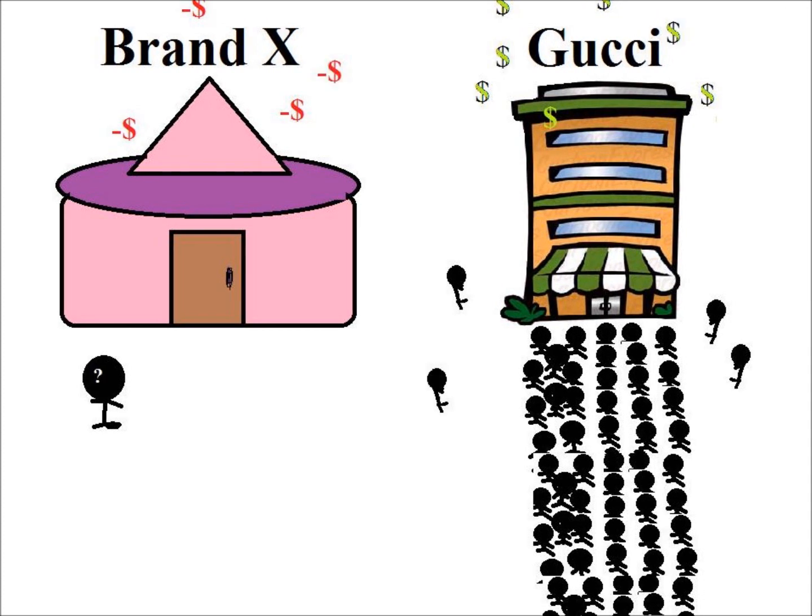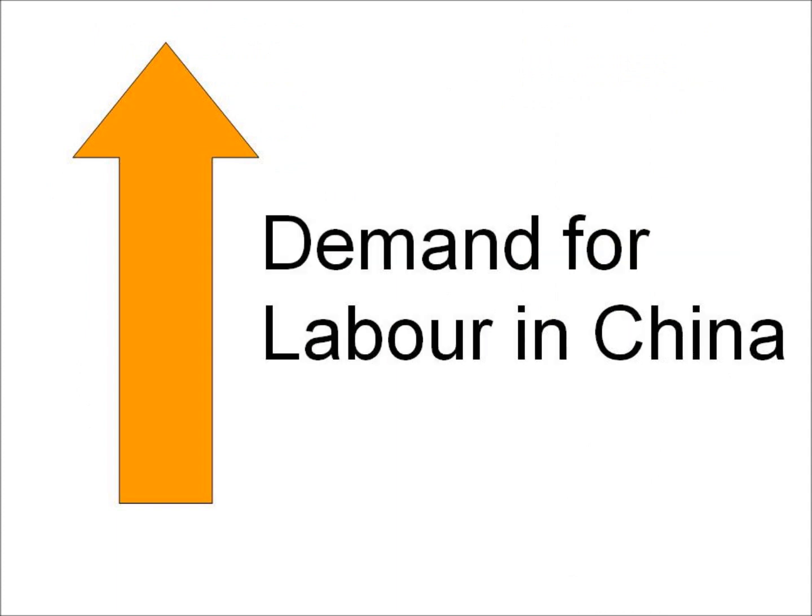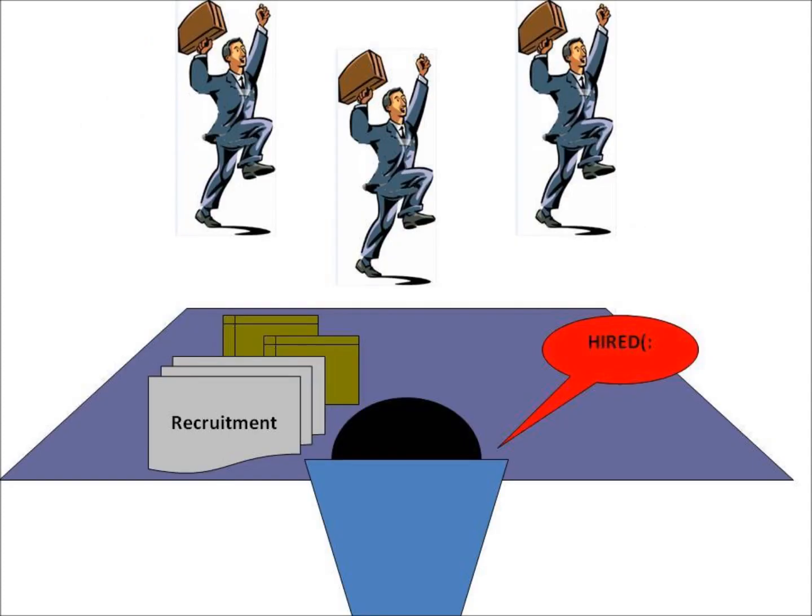With an increase in demand, there is a need for more American workers to produce more luxury goods to supply to China, hence decreasing the unemployment rate in the USA. At the same time, unemployment figures in China will decrease as more people are demanding cheaper Chinese goods, and labor is needed to produce more goods in order to meet the rising demand. As such, more people in China are being hired.